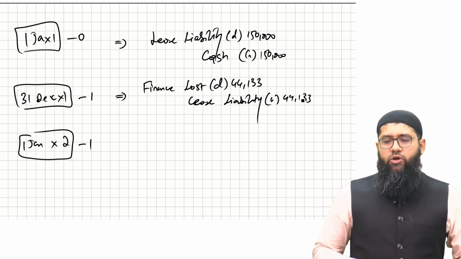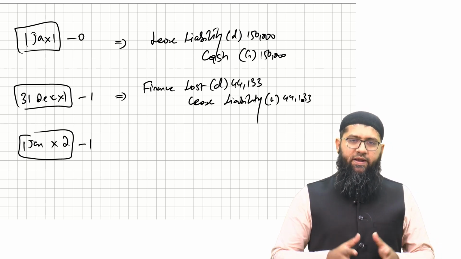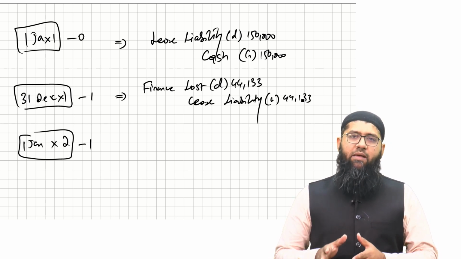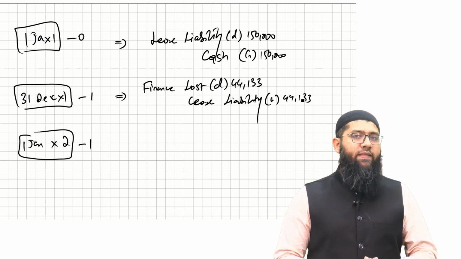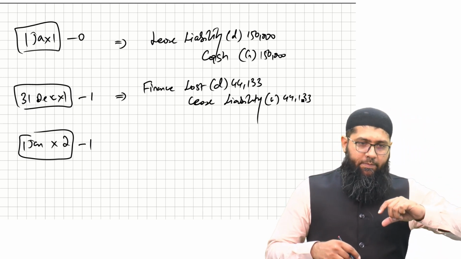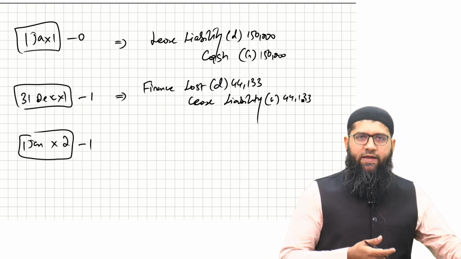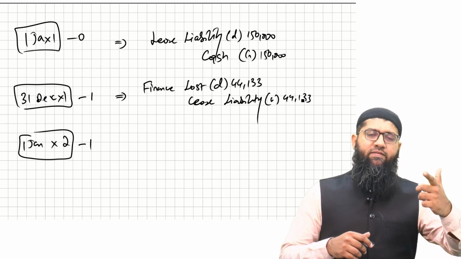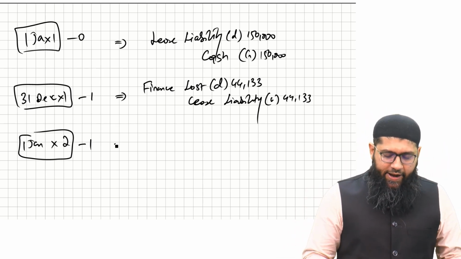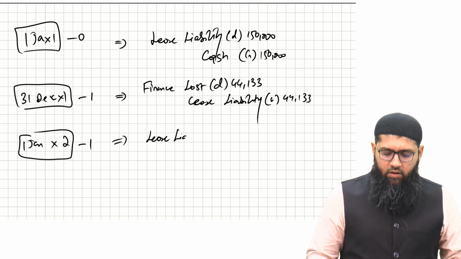So what are you going to do? You're going to simply say finance cost debited by 44,133 and lease liability credited by 44,133. That's what you're going to do. Then, because the year end is there, the finance cost has to be accrued, so we accrued the finance cost. Now when the new year comes and you make the rental payment,